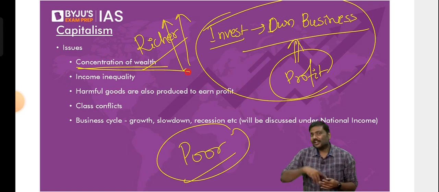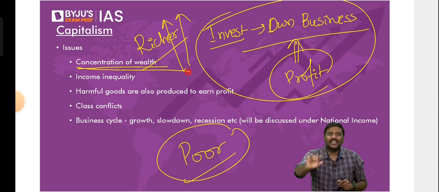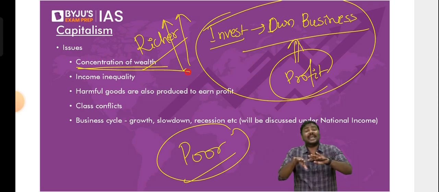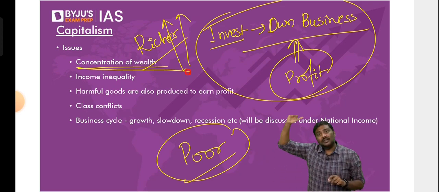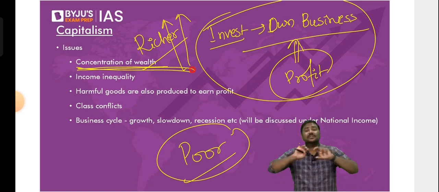What about other people in the society? They're already poor, they're working on wages, 5 people in the household, 1 person is working, the household is poor, and will continue to remain poor. This happens because of the model of capitalism. The rich will continue to become richer, but the poor people will continue to remain poor. Right? Concentration of incomes, concentration of wealth happens.